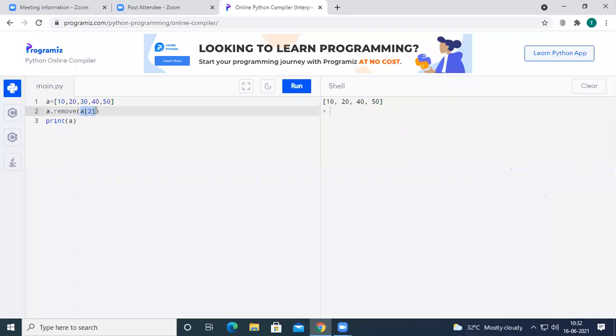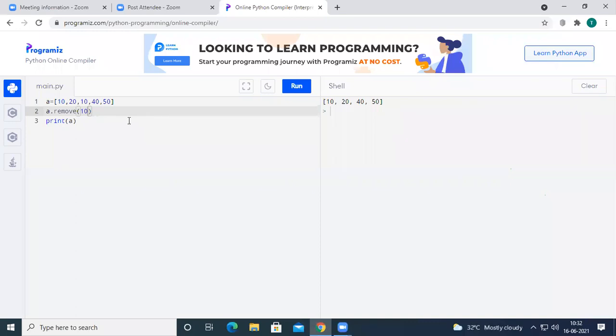Okay, see here, for example, if I have 10 a couple of times and I call the remove function, then during multiple occurrences, only the first element will be removed.